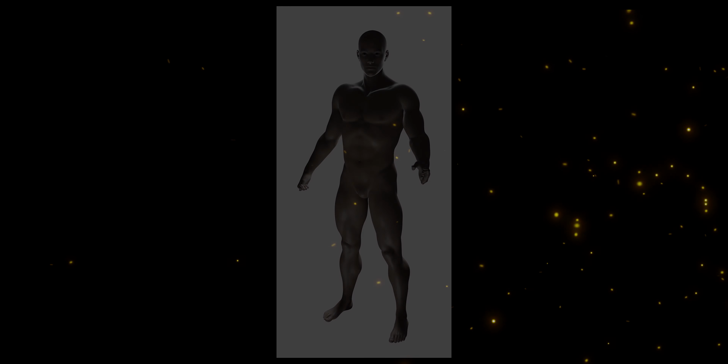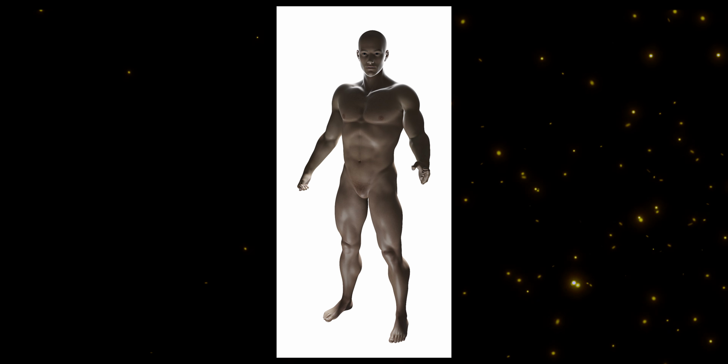Alright, so before I review the final image, I thought it would be really cool to do a comparison between the beginning image and the after image. And so let's go back to the original image that we got from Blender. And after doing all the animation stuff in After Effects and the Photoshop manipulation, adding the smoke, embers, rocks, and putting all that design stuff that we talked about before, the final result is...